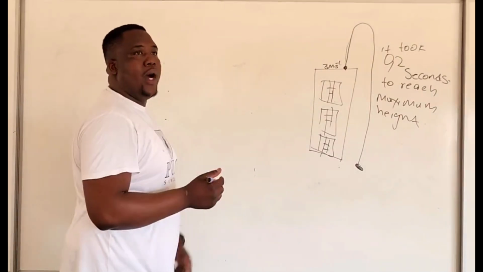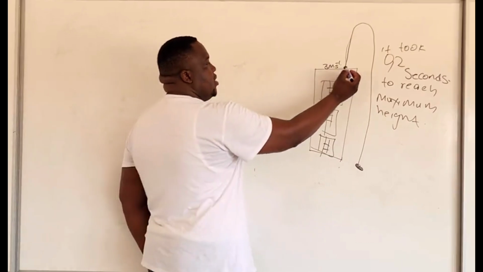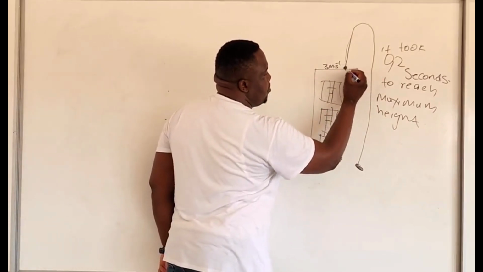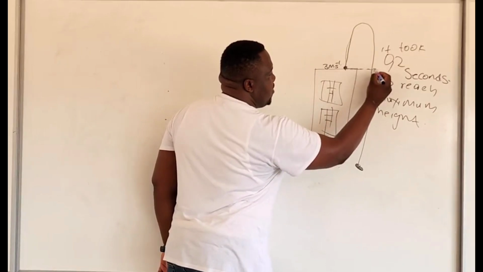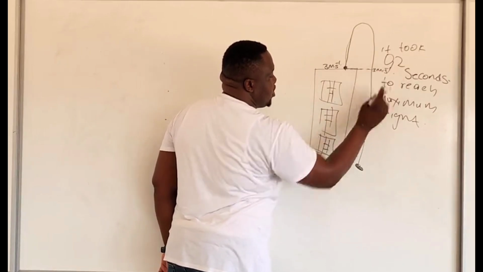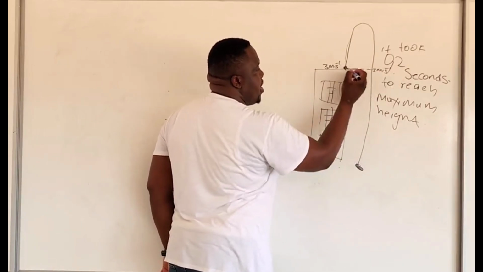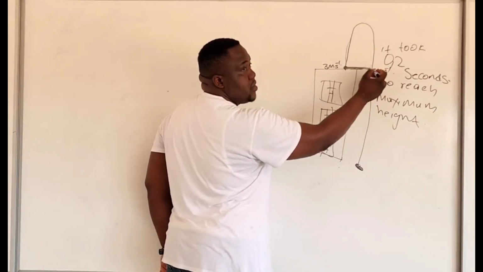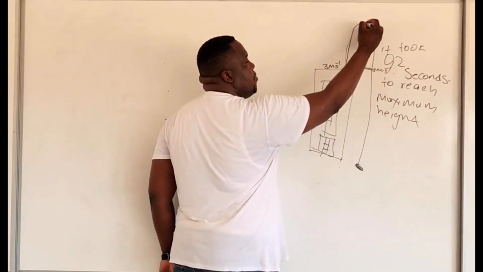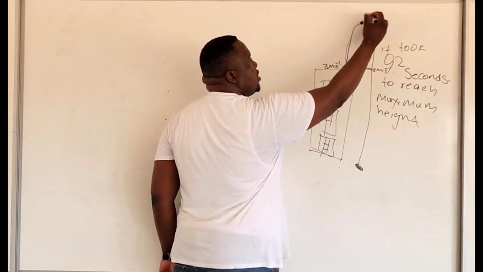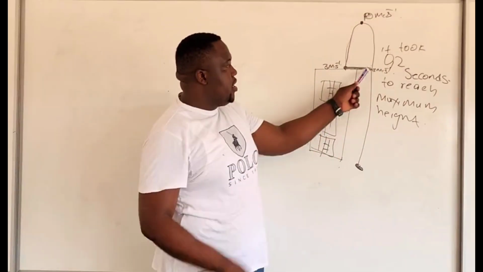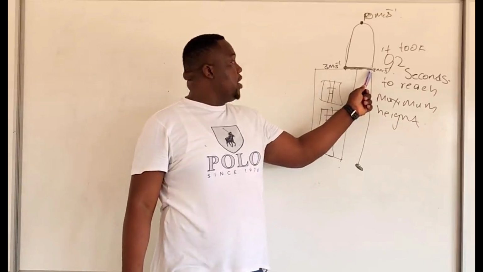Okay, so what do we know? What we know is that the velocity here will be the same as the velocity in the same position, you understand? Even here, it is going to be 3 meters per second. Notice I never said here, I'm saying here. Why am I saying here? Because it is the same position. Here, at maximum height, it will be 0 meters per second. At the same position, here, it will also be 3 because